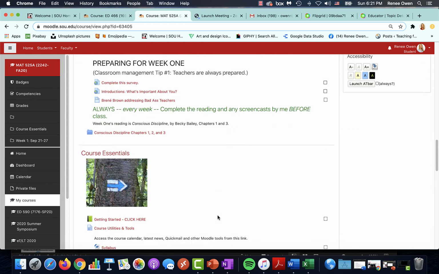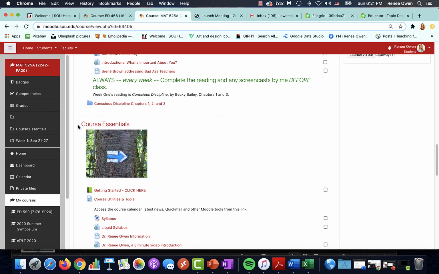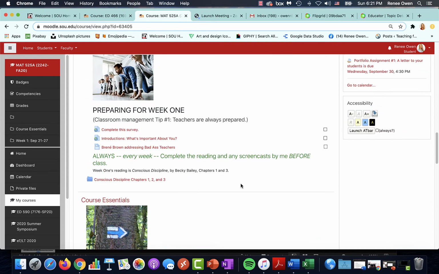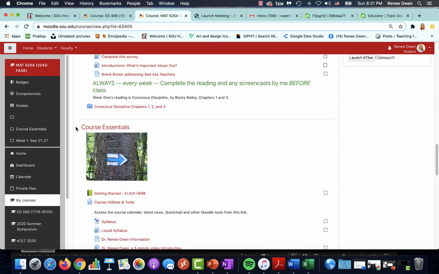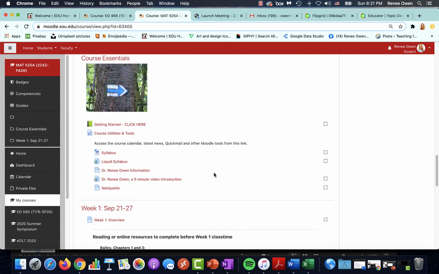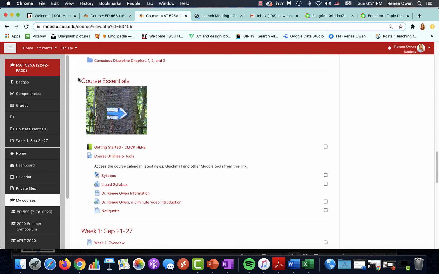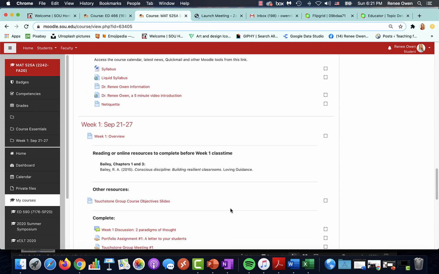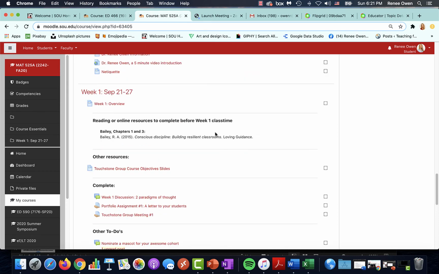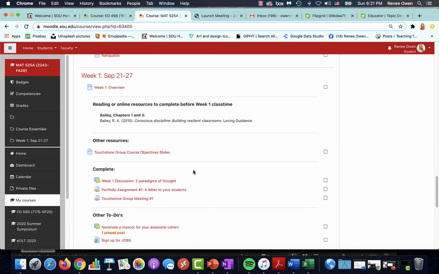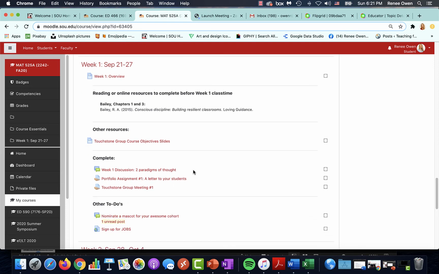Here's the course essentials. If this looks like it's not open to you, there's a little place to open these that I'm not seeing right now, so we'll just skip that, but hopefully it's open. If not, there's usually a little gray triangle here where you can open it. And here's where you can find syllabus and some other things that you use anytime. An introduction from me, you can learn a little bit more about me if you haven't watched that yet. And here we go with week 1. So here's where our week 1 reading is. And the rest of this stuff you don't need to worry about until we have class.